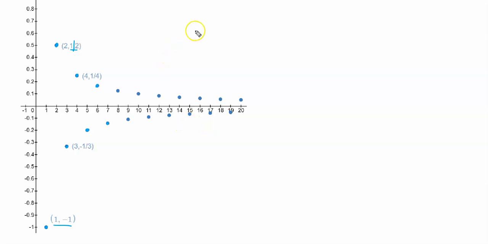Now, in contrast to the previous example where we had a sub n being n over n plus 1, we could think of this as just being the restriction of a function which we've studied before, like f of x equals x over x plus 1. You can't really do that with this sequence,